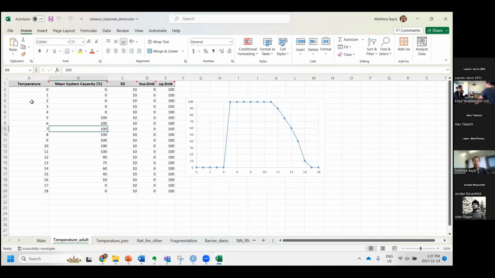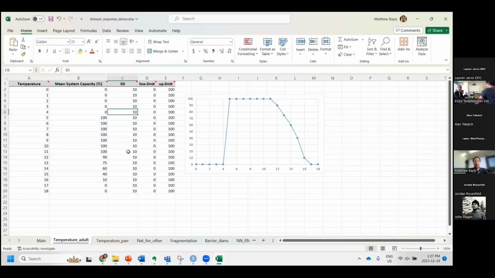Then when we go into one of the worksheets for the stressor response, they're all structured the exact same way. There's the name of the stressor, the raw value, in this case temperature on the x-axis here, and then the response, like the dose response, stressor response. And here there's also the opportunity to have